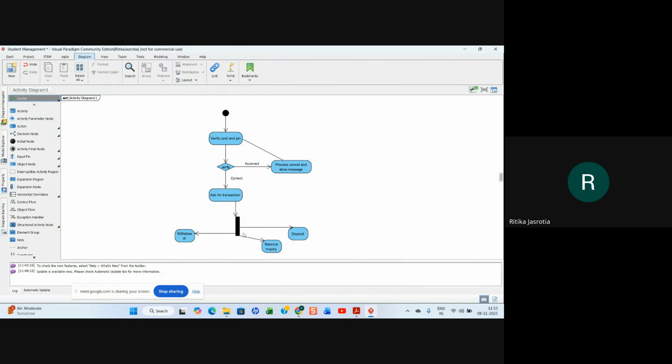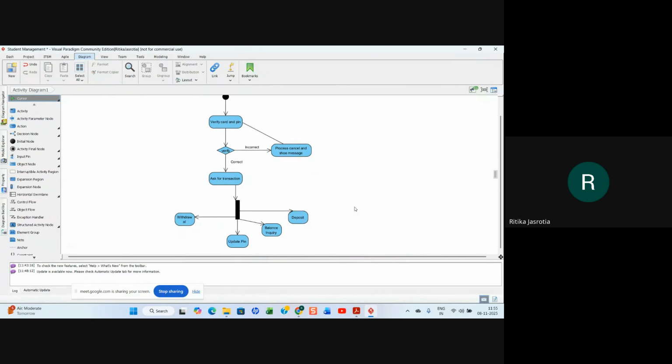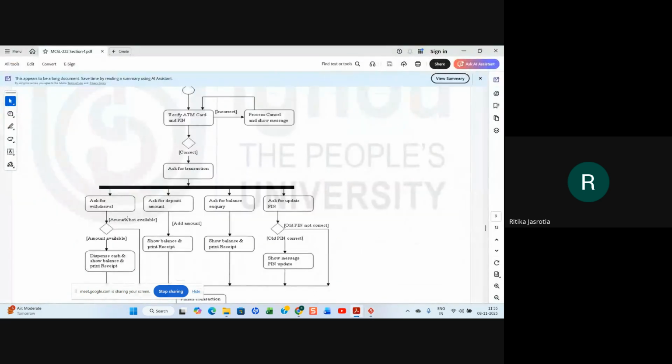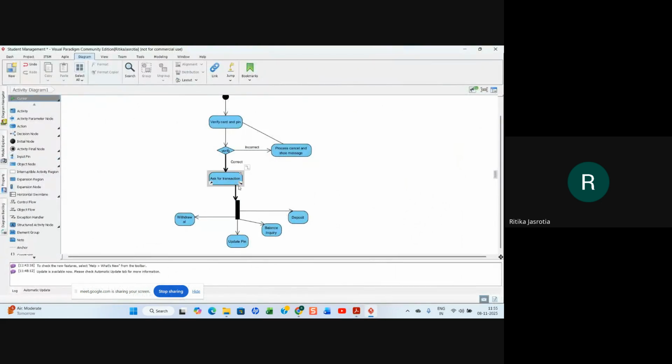Right, so you can add another one, which is update pin. So this is how you will have POC operations, right? And then you can also have multiple things happening here. Condition again, and then it will go to one transaction, and that is shown like this, if you have that kind of a thing. If I am showing you.